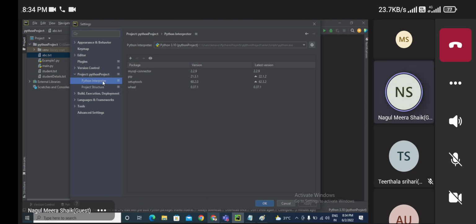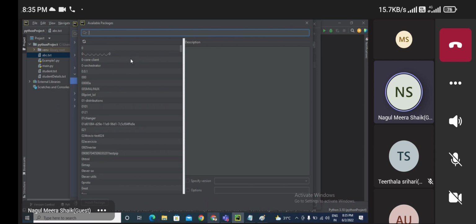If you select the Python interpreter, by default, you will not get this MySQL connector. In my system, I did that one. That's why you can see the MySQL connector here. But otherwise, by default, you will get only pip, setuptools, as well as build. That's it. So by default, you'll get some predefined libraries, but you will not get this MySQL connector. Then how to install that library in your system? Here you can find the plus symbol. Just click on that plus symbol. So this is actually the installation. Just click on that plus symbol, and whatever library you want to install,